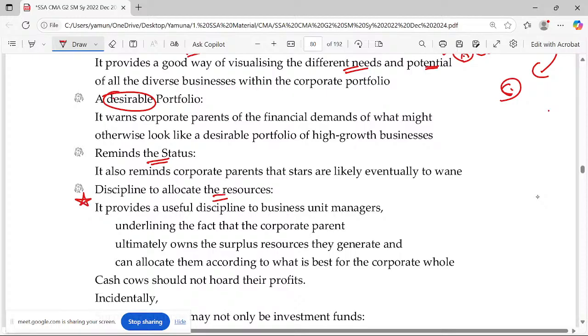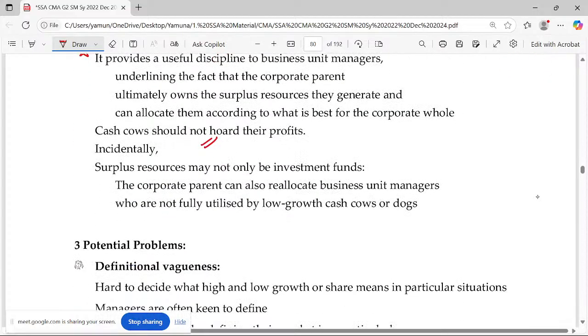So probably for which one will you allocate the resource, either for the cash cow or the star, right? If it is a dog, then you might be thinking whether I have to invest more in the dog. No, that business is going to be a secondary priority for me. So in most of the cases I'll go for the star because cash cow is also always generating money. That's the status. So in most of the cases we'll go for the star because that's going to be the future business. Okay, so cash cows should not quote their profits, which means they will not talk about the profits. They invest more in the business.